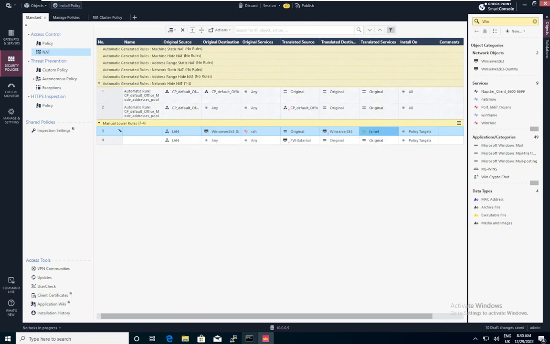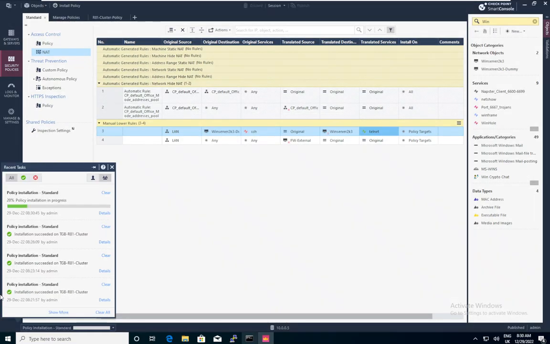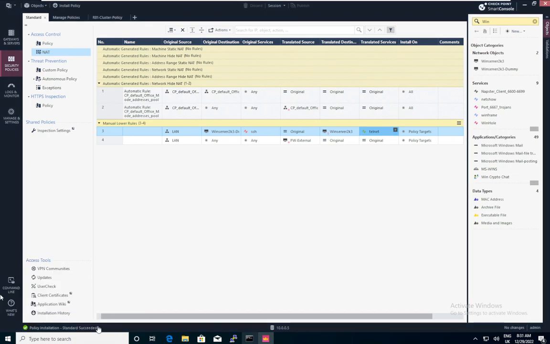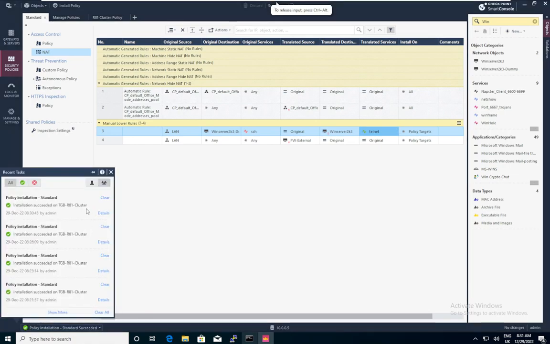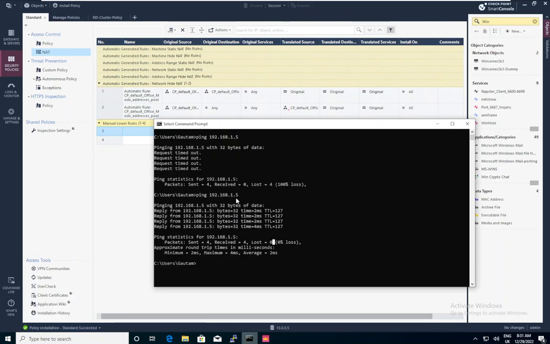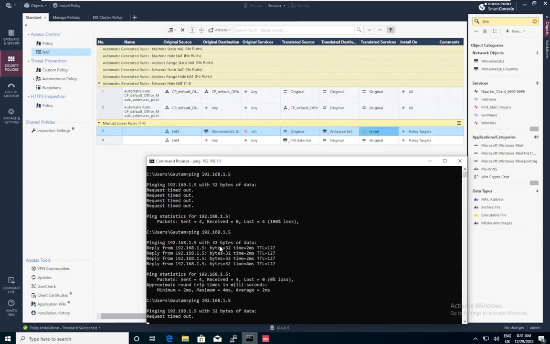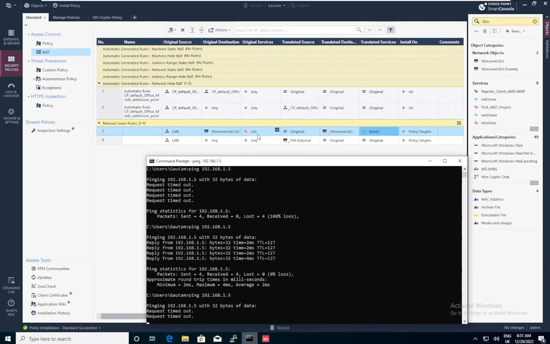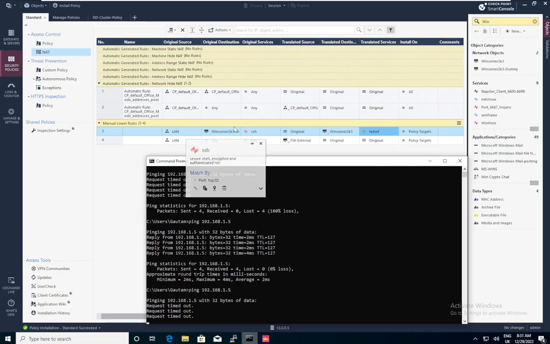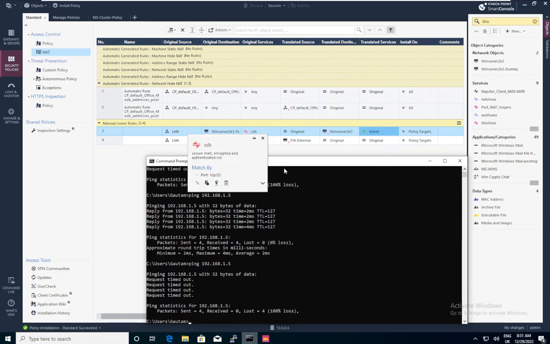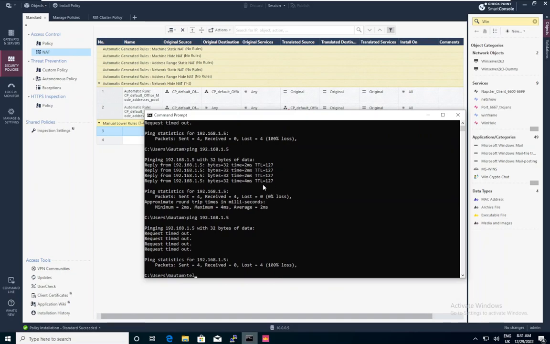Let's go and do the installation. Policy installation is successful. You can see that. Now first of all, try to ping. Let's see whether I am able to ping .5 or not. It's not pinging. Why? Because first of all, .5 doesn't exist, and earlier the service was any, so I was able to ping with any service. Now we changed the service to SSH. It means if someone tries to access .5 on port 22, only then will it allow the traffic based on this NAT rule. So just go and do a telnet